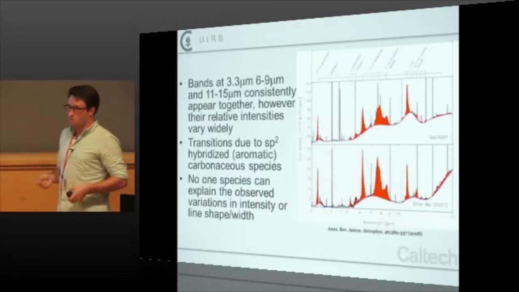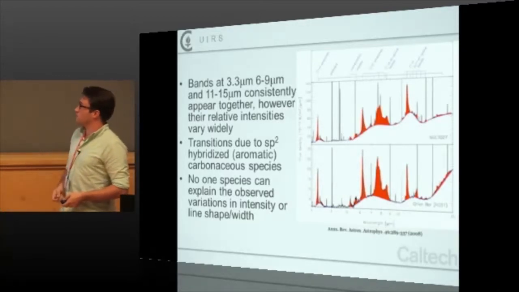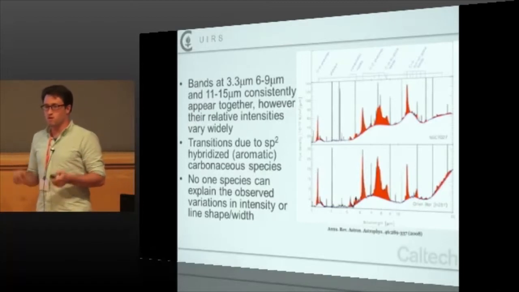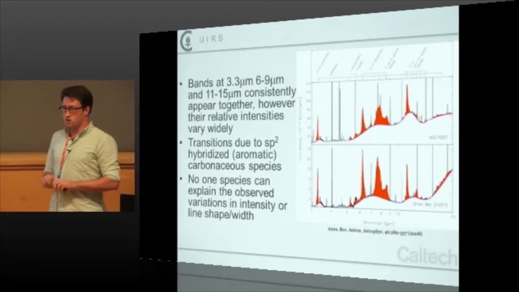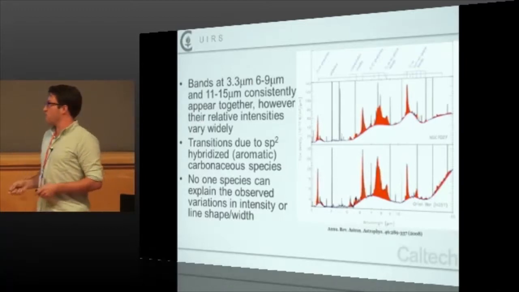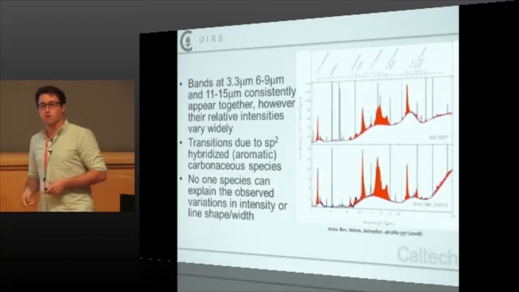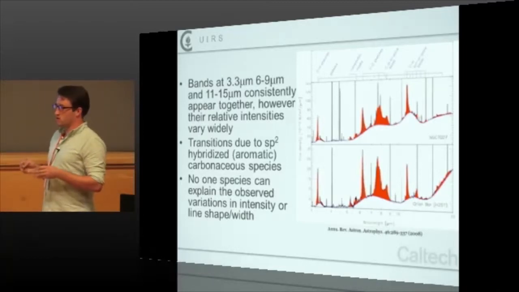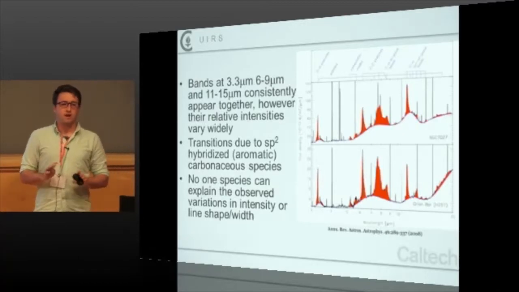But why we care about them for astronomy and astrophysics and astrochemistry is these things, UIRs. This is one of the longest standing mysteries in astronomy, is these set of near and mid-infrared bands that are seen towards a plethora of sources. And the really interesting thing is they have to be coming from some kind of sp2 aromatic hydrocarbon. The CH stretches and CC stretches all line up perfectly with it. But the weird thing is they don't match up with any individual spectra.